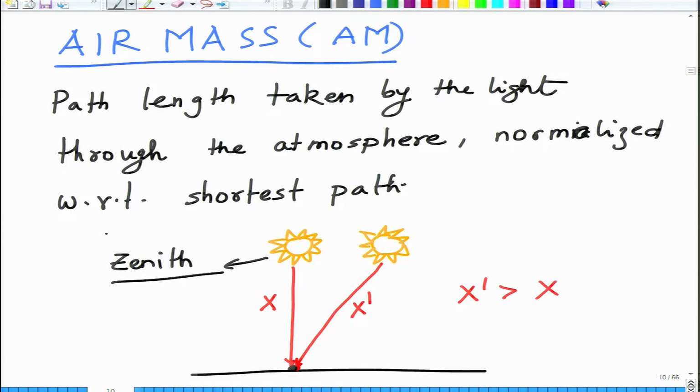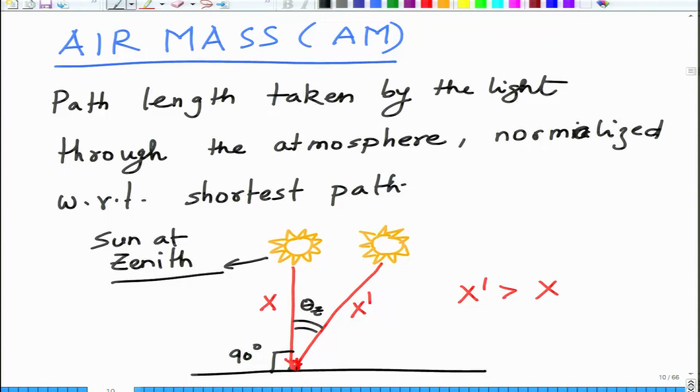So, this is the sun being at zenith. That means the angle between the beam and the horizontal surface is 90 degrees. So, this is 90 degrees, okay. And at another location the sun makes an angle, let us say theta z, this is called the zenith angle, and this theta z is the angle between the vertical line and the line along which the beam is coming. So, naturally you can see that when the sun is not at zenith, when it is at a position which is away from zenith,